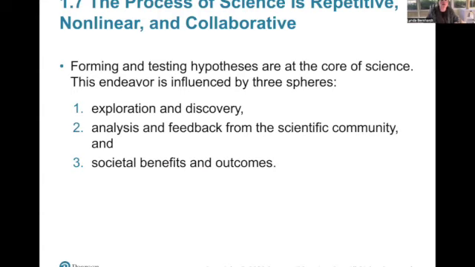Process of science: repetitive, nonlinear, and collaborative. Yeah, I feel like I've beaten this into the ground already. You have to be able to repeat it. If you can't repeat it, it does not count. You have to share it with everybody, the entire science community, because the science community has to also agree. If multiple scientists counter it and say, well, look, we did the test you did, but these are our results, then it's not valid until enough other results go mostly one way, and we find out why it didn't match.